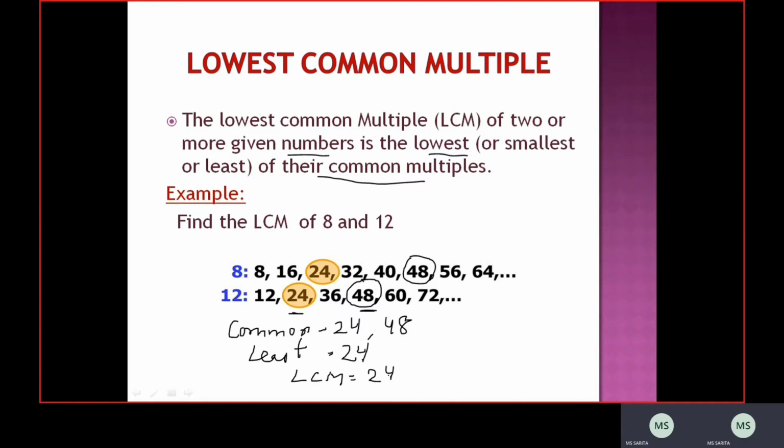Whatever numbers are given, firstly you have to write the multiples. You can write a few multiples. From that we can check what the common ones are, and from these common ones we have to see what is the least. The least common multiple will be our answer. This was the first method, lowest common multiple. Now the second one is